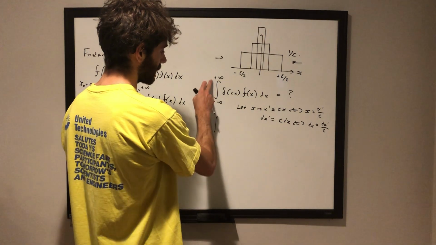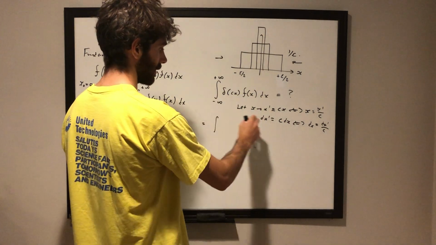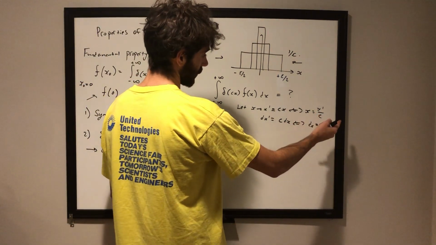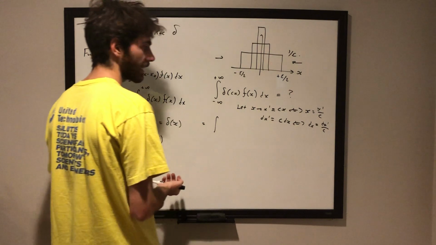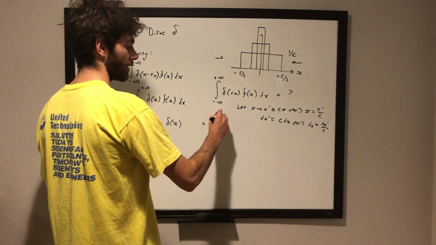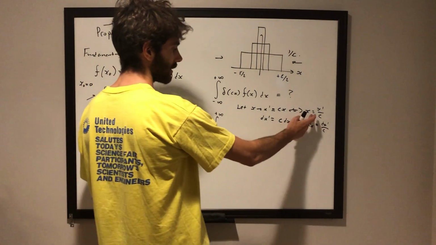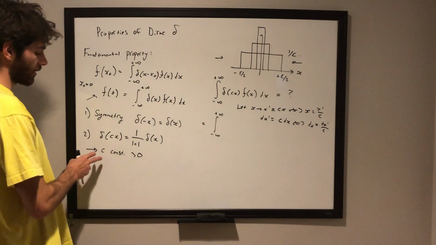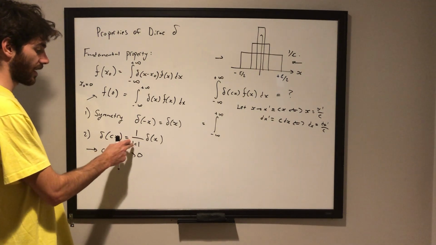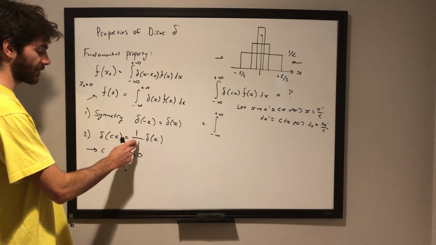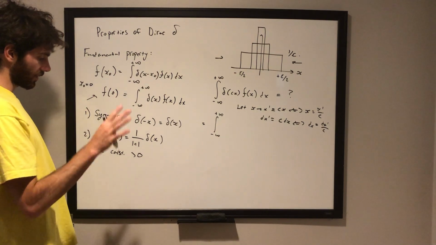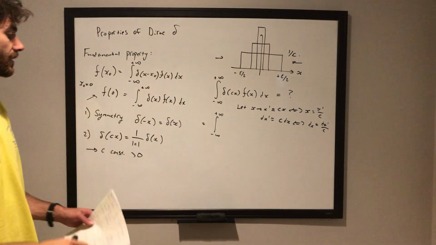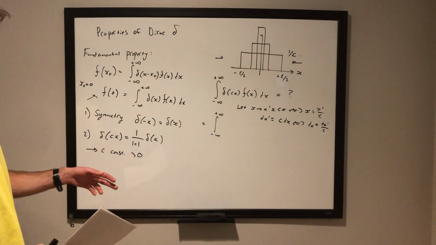If I send x to positive infinity, as long as c is also positive, then x prime will also go to infinity, assuming c is finite. So the bounds don't change, because similarly if I send x to minus infinity, x prime goes to minus infinity. You can do a similar argument with negative c, and that's how we arrive at this general form here with the absolute value. But for simplicity, we'll just focus on the c positive case